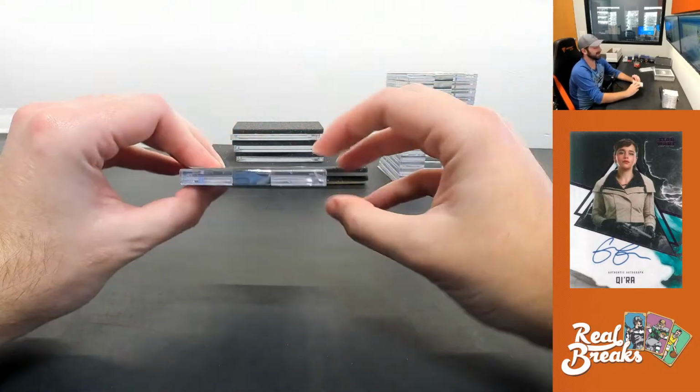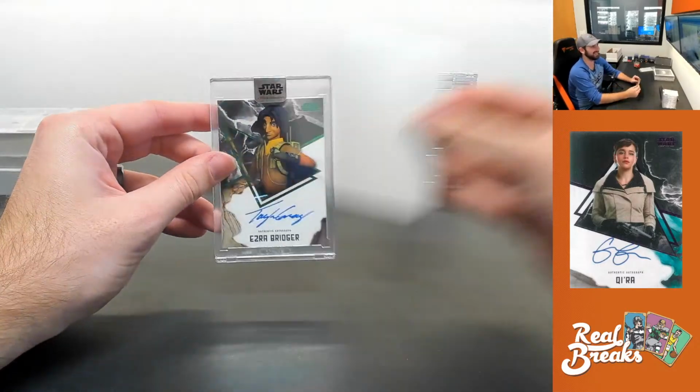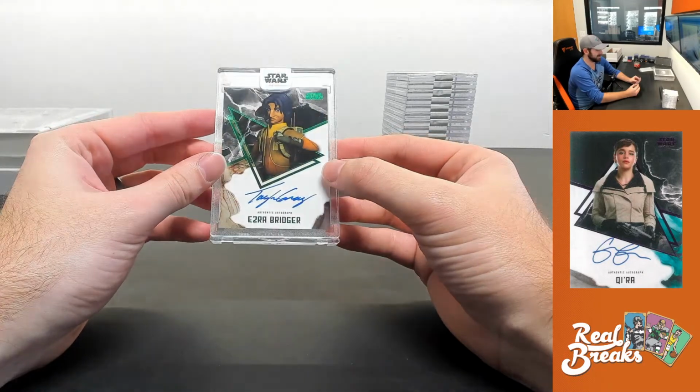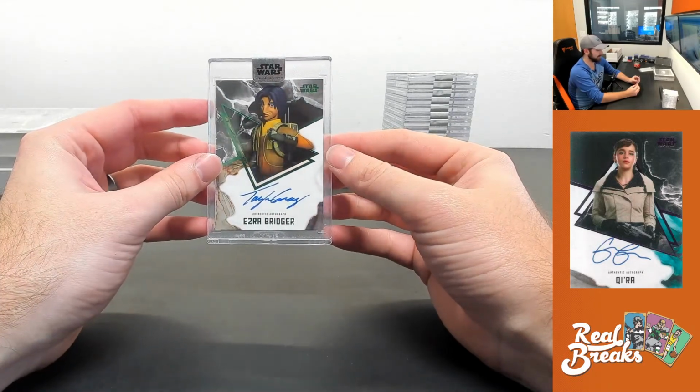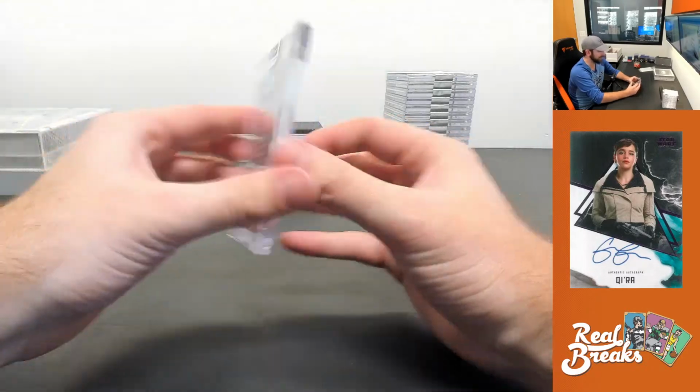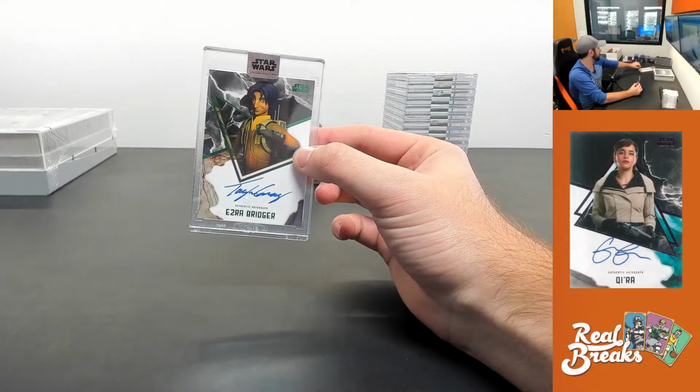If you haven't been watching in a while, oh, you've been missing out. From one of my favorite Star Wars shows, Ezra Bridger from Rebels. That is Taylor Gray, numbered 14 of 20. Yeah, I have a superfractor